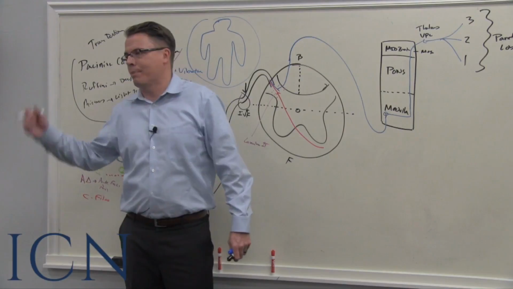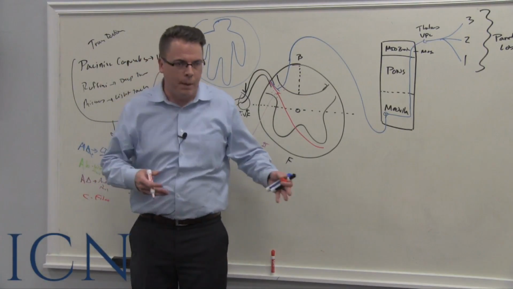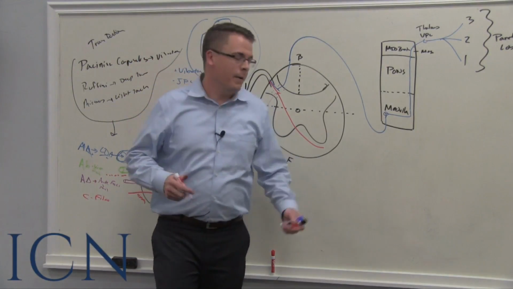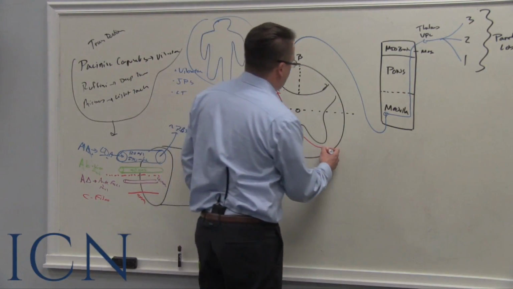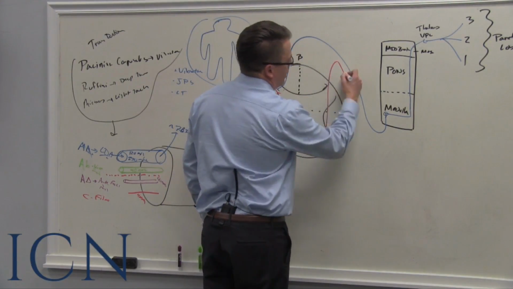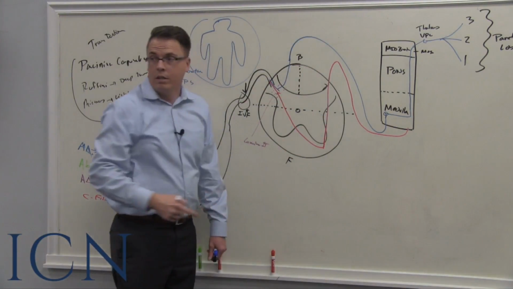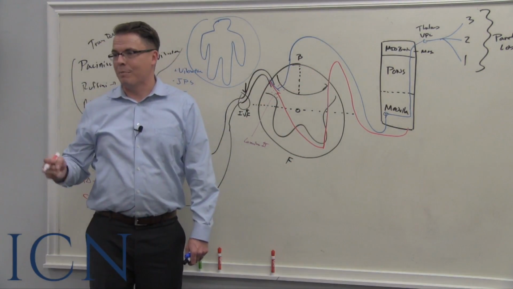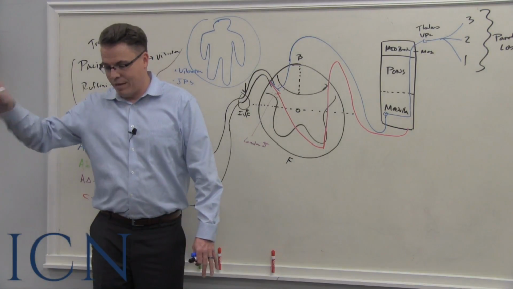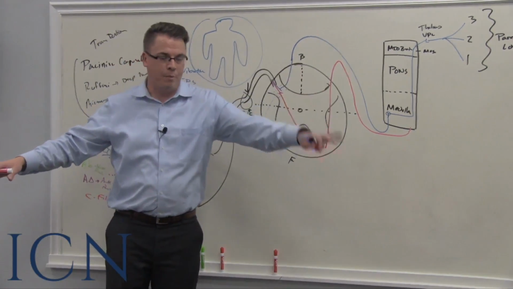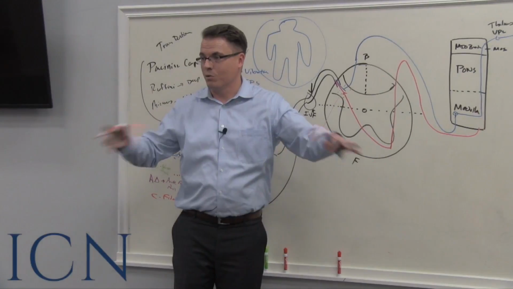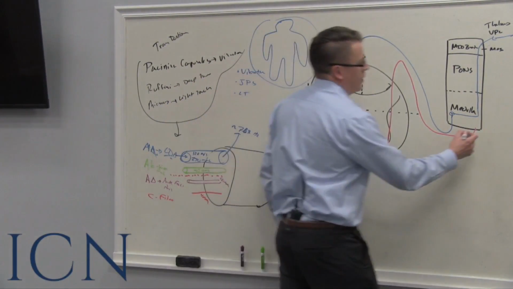I don't know why we put these big names in. It's the pain pathway. This pain pathway is going to travel up through the front part of the cord. Now remember, it's already crossed over. It crossed over at the spinal cord, which is really interesting because sometimes you get people with sensory loss of pain and temperature on one side and joint position sense and others on the other side because of where it crosses over. All right, but it's going to come up